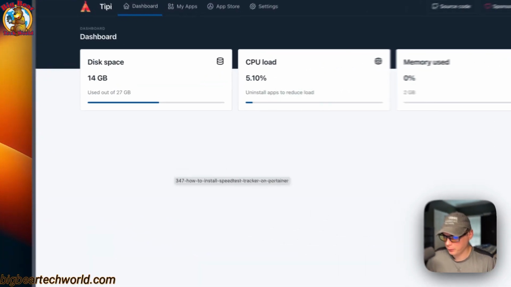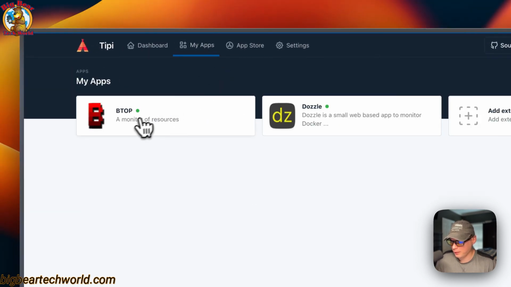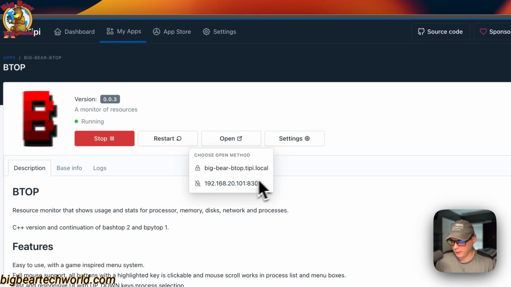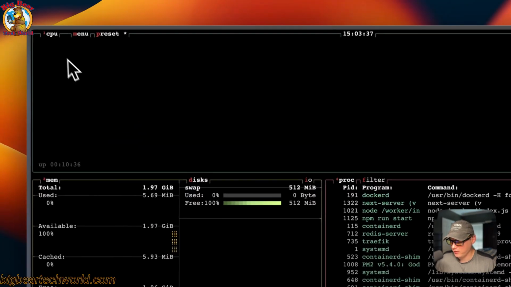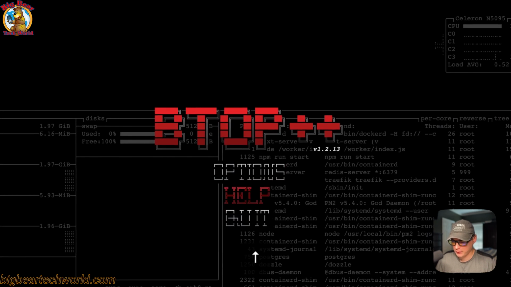So now I'm going to show you btop's UI. I'm going to go to My Apps, and then btop, and then click open right here. A dropdown box comes up, so I'm going to click the IP address one. So now we're in btop, and you can see CPU, the menu, options, help, quit, the preset,